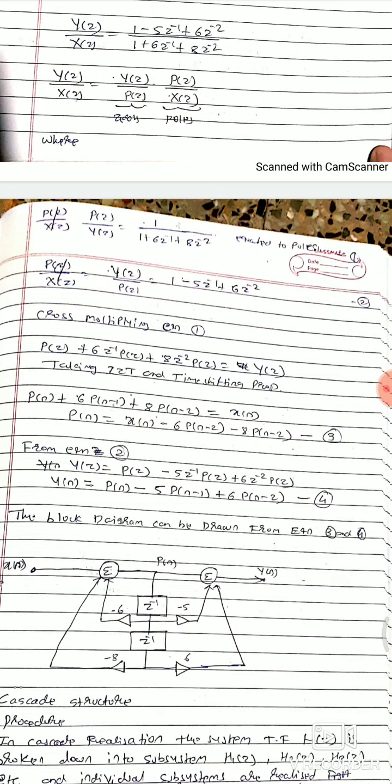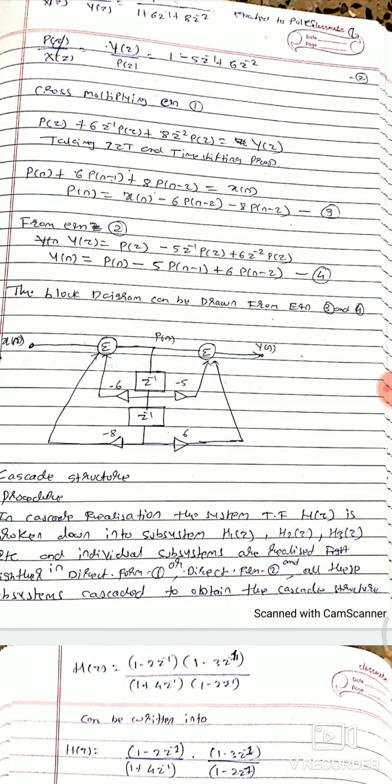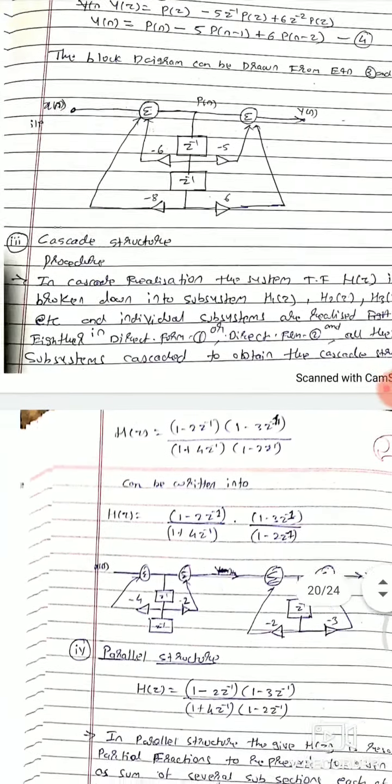So now you cross multiply, you get P(z) plus 6z^-1 P(z) plus 8z^-2 P(z) is equal to Y(z). Now take the inverse, you get this equation, and then now realize. So these are the common delay terms. That's why we are doing all these arrangements, right? So directly also you can do this, right? So you can take the common delay terms. On this side it goes to y(n), and this side it goes to x(n). Okay, in reverse the coefficients will get changed here. That needs to be taken care of, otherwise it will go wrong.